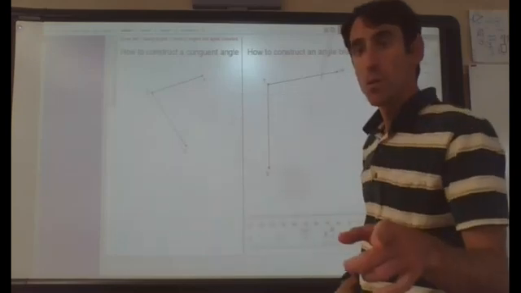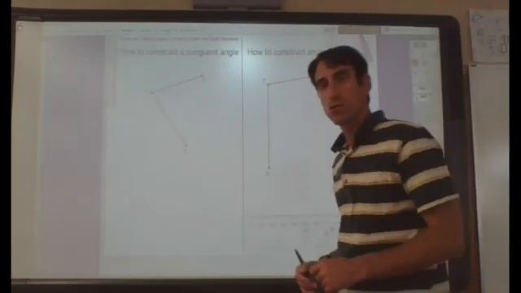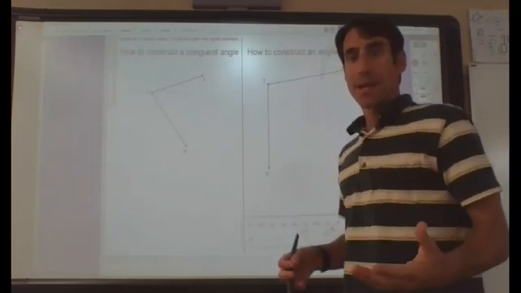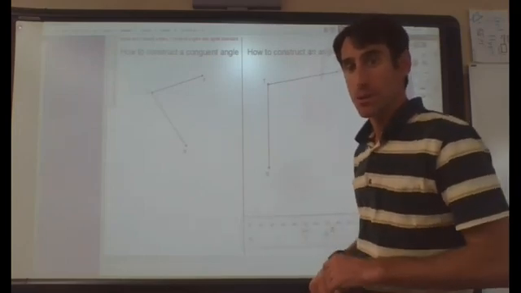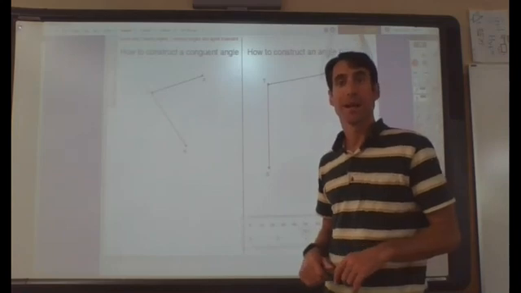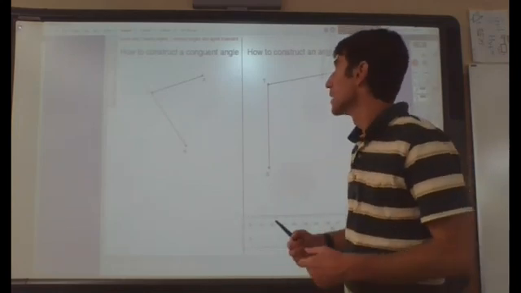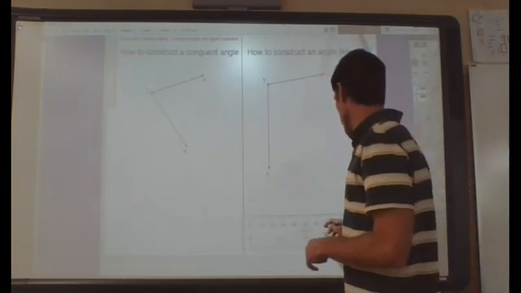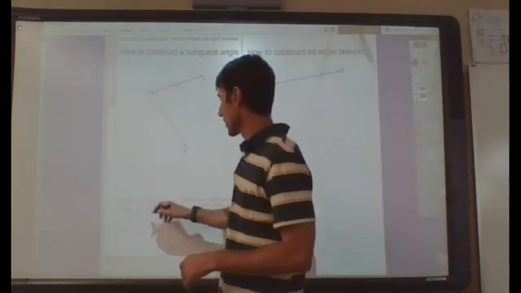All right, so today we are going to be measuring and constructing angles. Now, measuring an angle would require a protractor. Constructing angles will require a compass. All right, so we're going to construct a congruent angle, and it doesn't have to be oriented in the same